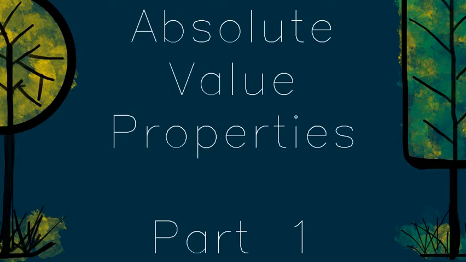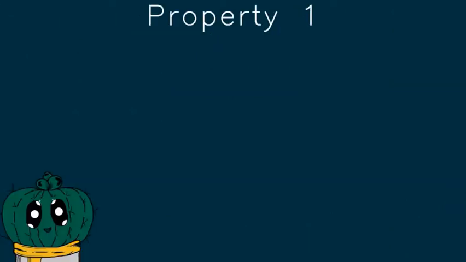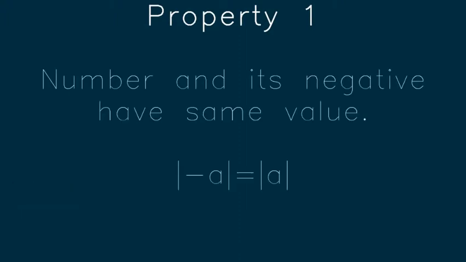Okay, so this is going to be the first portion, and we're going to do the second portion in the next video. Now the first property is actually quite simple, because it just says that if you have the absolute value of a negative number and the absolute value of a positive number, they're both going to have the same